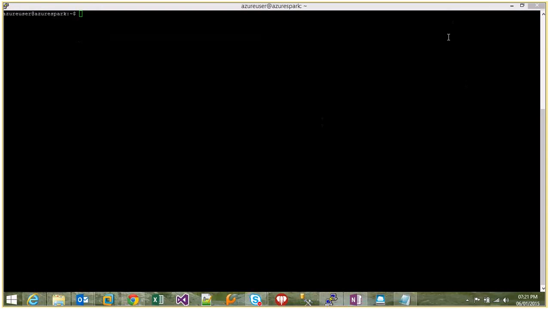So let me go ahead. I'm already connected with this VM which is running in the Microsoft Azure Data Center. Currently this VM is empty, and I would go with the steps one by one. In the first step, for running Spark on a Linux machine, we need to first install Java. So the following command would go ahead and install Java. So we can start with yum